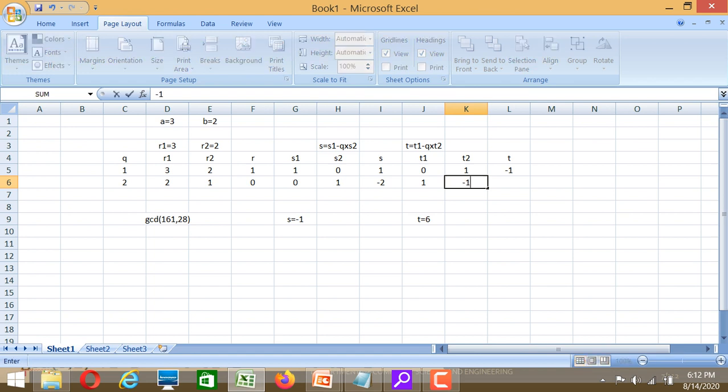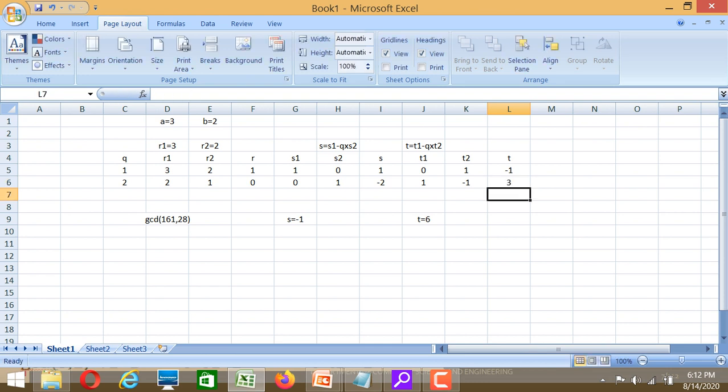After that T is equal to the formula T1 minus Q into T2, that is 1 minus 2 into minus 1, which is equal to